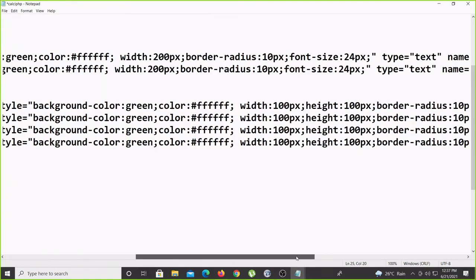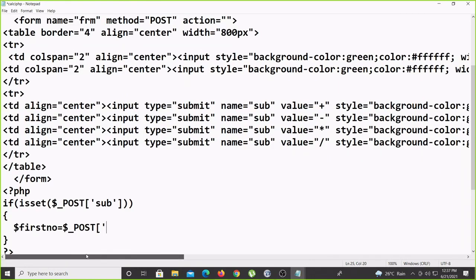That name is FNO. So that value is coming to PHP. Same way, $second number equal to $_POST, what is this one? SNO.